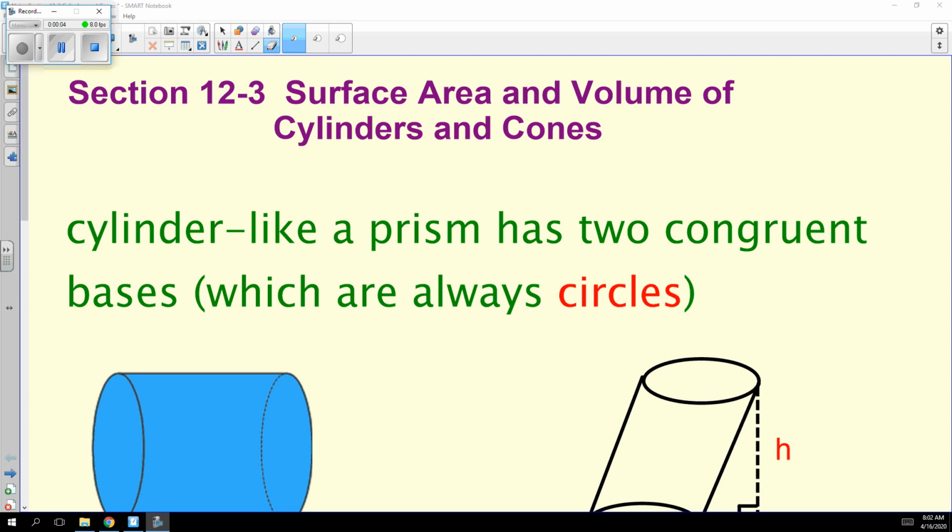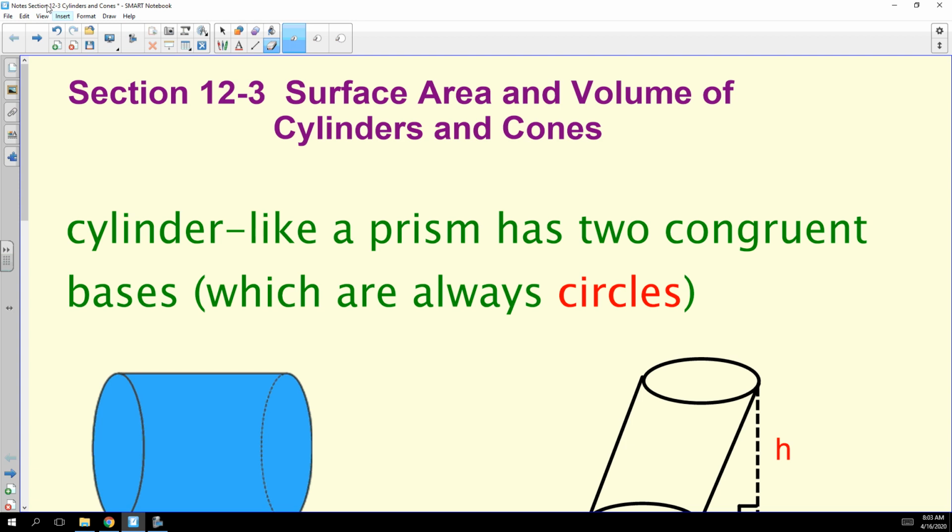Hi guys, today we're going to talk about surface area and volume of cylinders and cones. So we've been talking about prisms and pyramids, obviously, and prisms and pyramids have polygonal bases, a prism with two bases, and a pyramid with one base. But what's the difference then between a cylinder and a cone, or cylinders and cones, when you compare those to